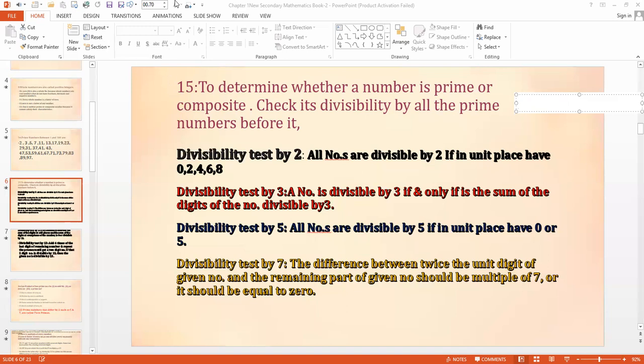That is the divisibility test by 3. I will write a number for you so it becomes easier. Look, I have 1, 1, 1. According to this test, a number is divisible by 3 if and only if the sum of the digits of the number is divisible by 3. Take the digits 1 by 1 and find the sum: 1 plus 1 plus 1 equals 3. Is 3 divisible by 3? Yes. So this number 111 is also divisible by 3.